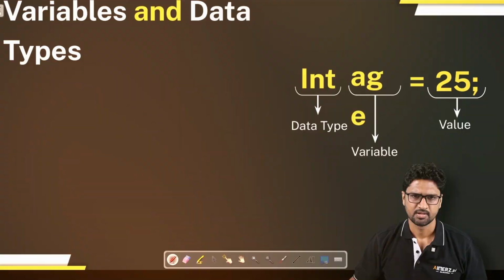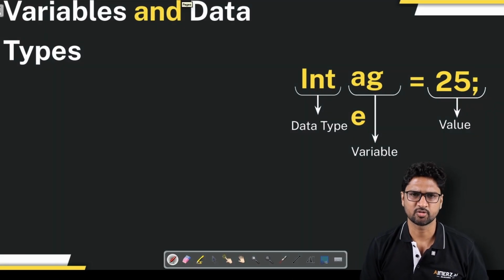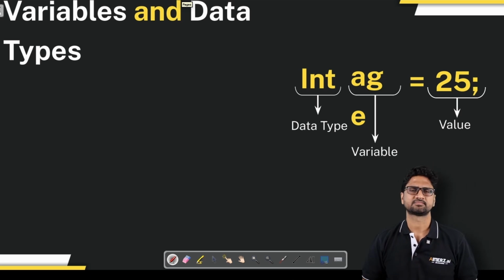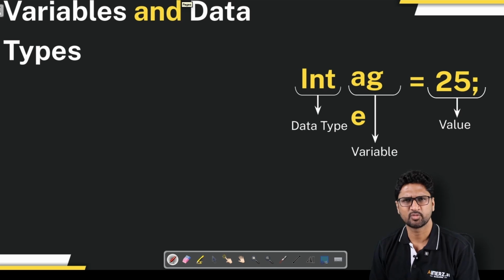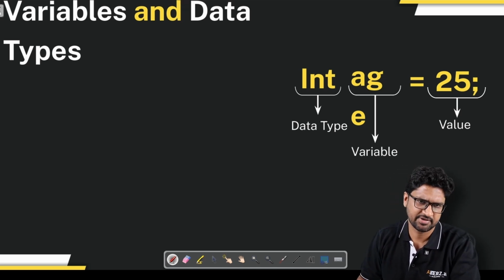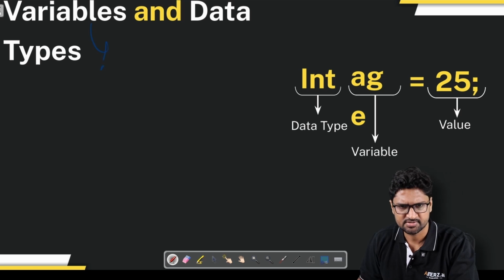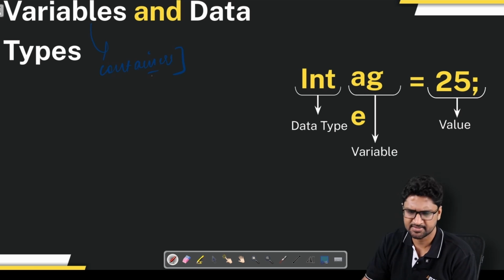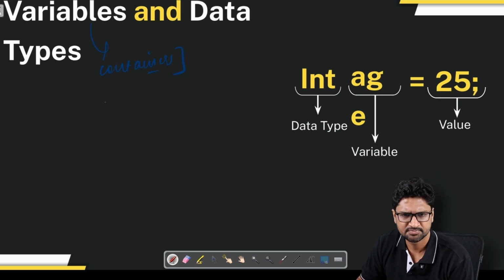Let's get started. The next important concept that we need to understand is variables and data types. What is a variable? In very simple terms, variables are nothing but containers. You can assume variables are like, let's say, there's a cupboard,